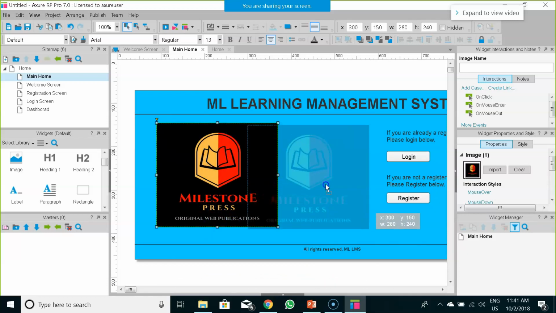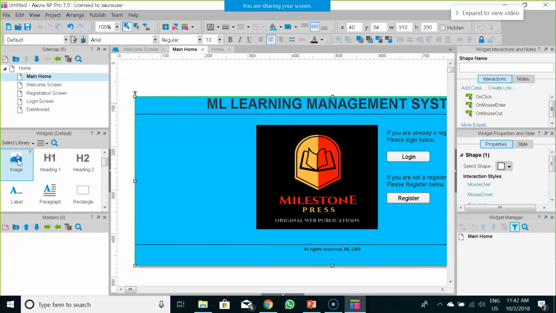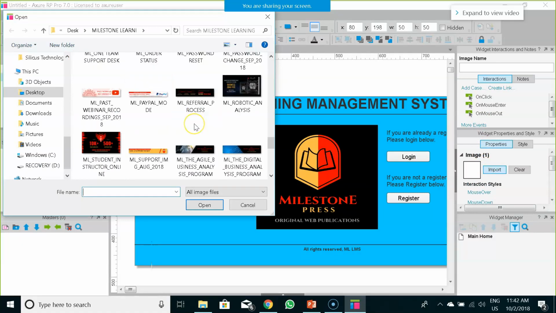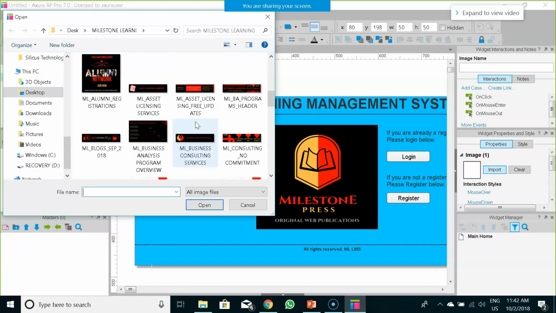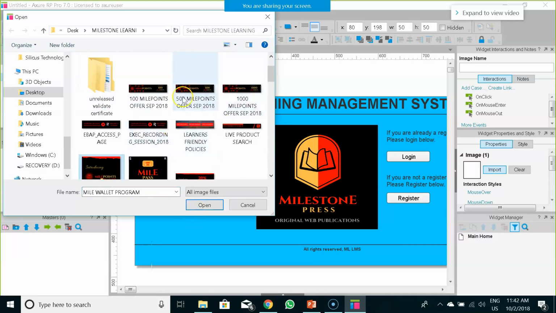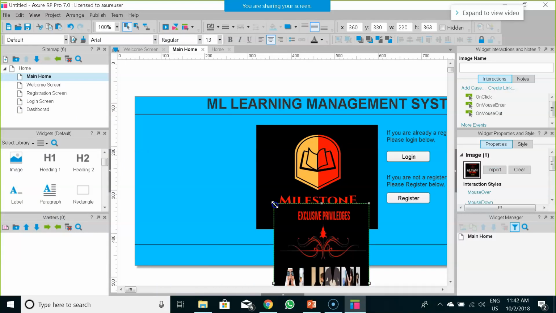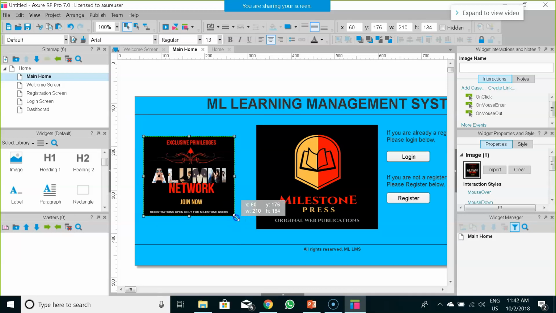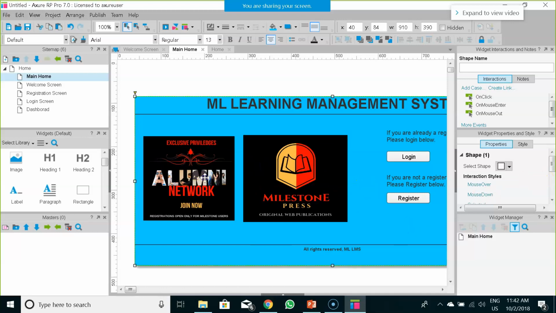Just for example, I take these two images for the time being.